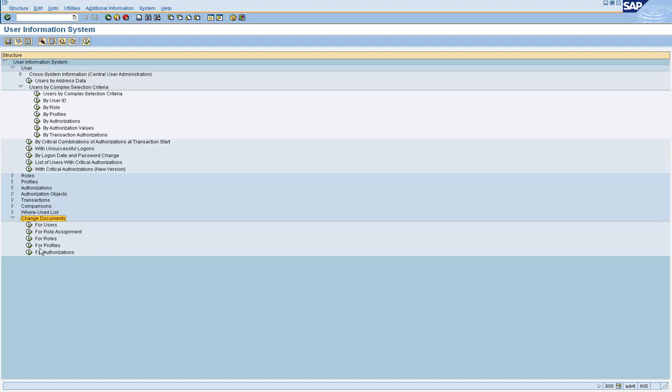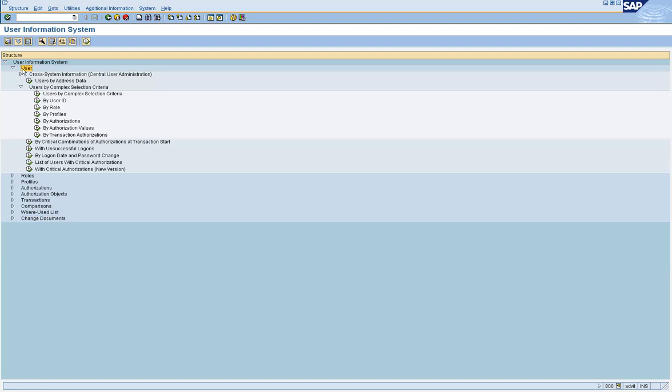Somebody must have unlocked it. He may have forgotten his password so many times, and somebody must have reset the password. His authorizations may have changed multiple times during the last 2 years. So all those pieces of information you can find out using the for users option in the change documents. Okay. So we'll see that.